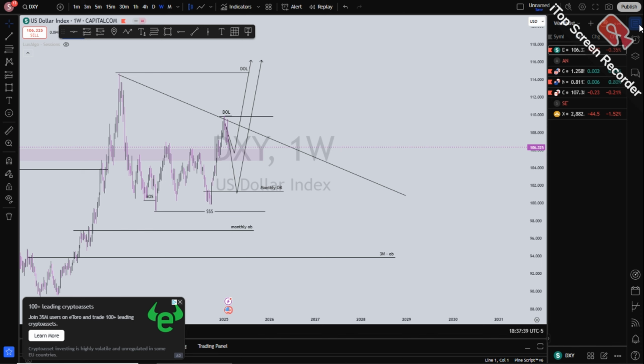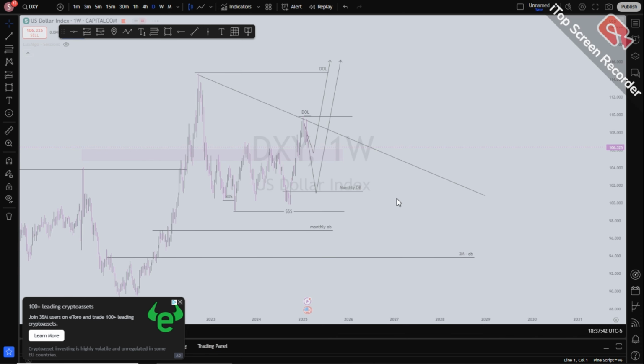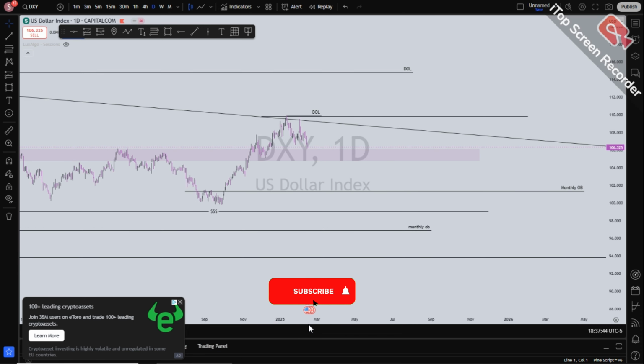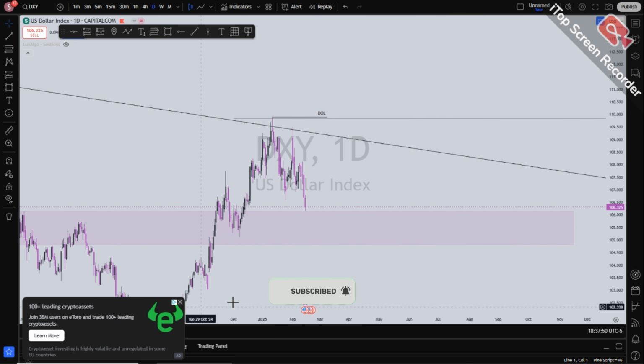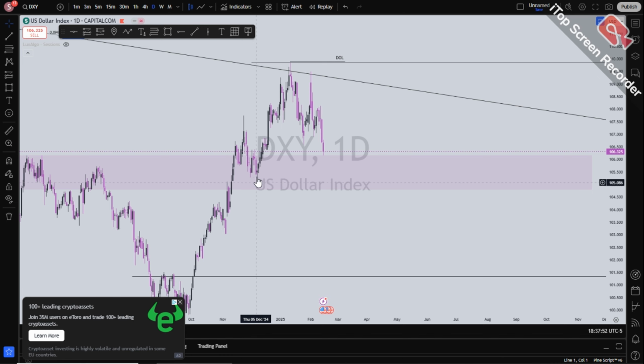Excuse me, sorry. I'm going down to the daily time frame. So go to the daily time frame now. Firstly, that weekly order block that was mapped in, if we come down here to the daily time frame, we see that okay, this was the most recent low price created. I understand. And this order block here, look at what price did. On this zone that was mapped to support, this was an order block. So now watch what price did.